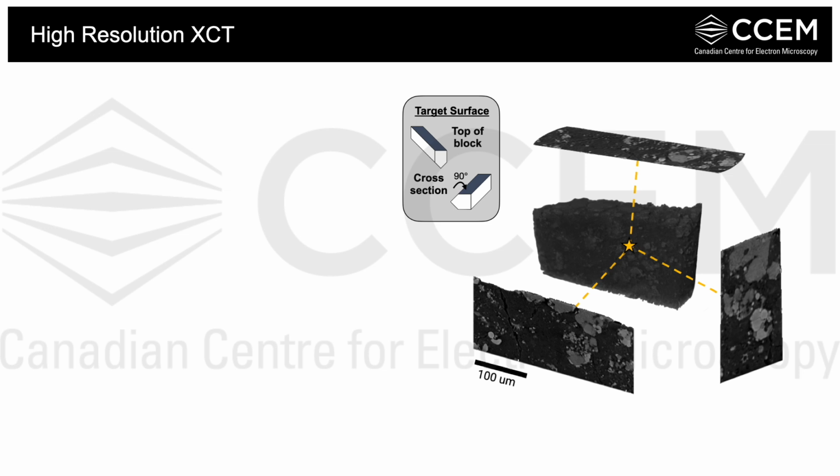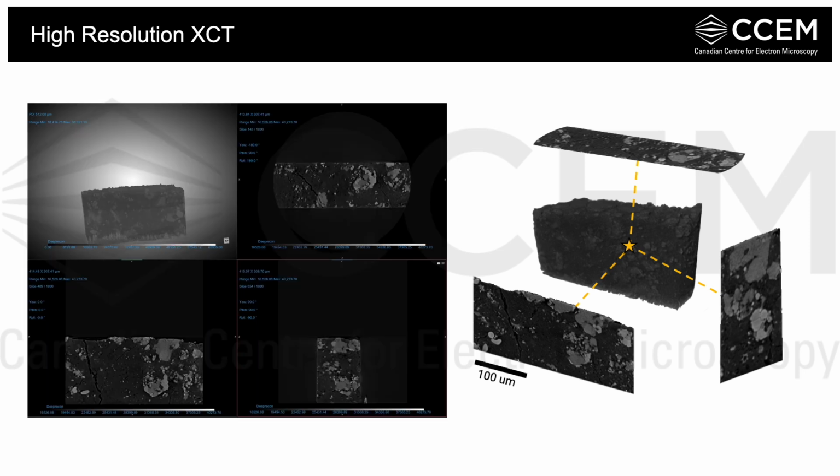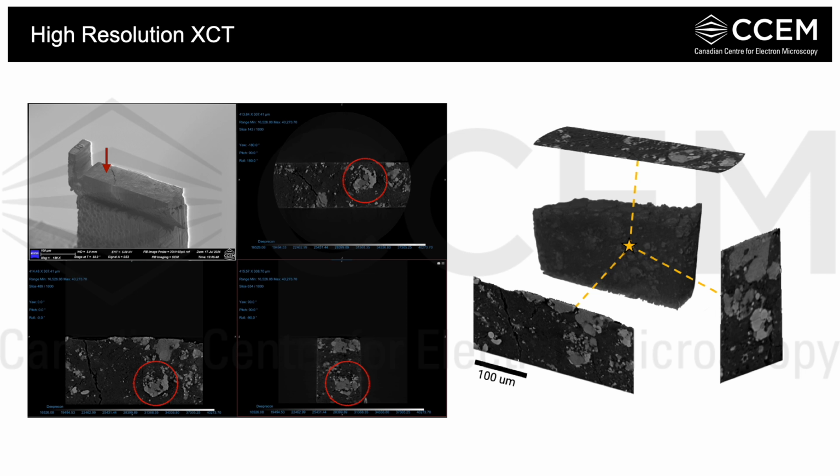If you remember, our block was about 100 microns in Z. So this means that we can target buried features down to this depth, which were not accessible before. Taking a look at the data, we previously said we wanted to target this internal clast, which we can now see is comprised of a lot of smaller framboids, which would be perfect for targeting for TEM and Atom Probe. To target it, we can use the pFIB to mill top down into our sample until we reach this internal plane. We've measured this distance from our XRM data, so we can mill this, and now it becomes our new surface.